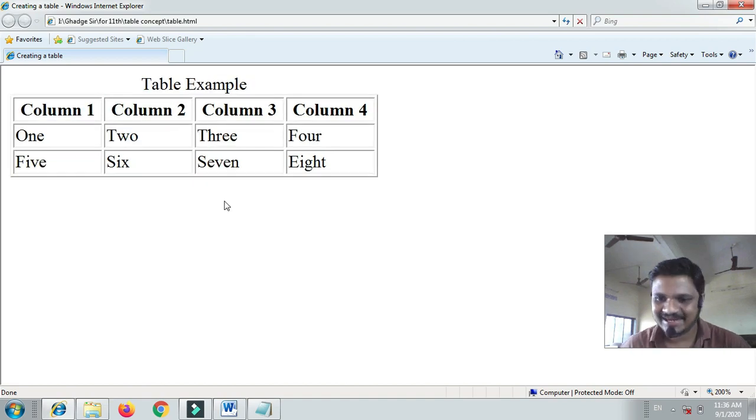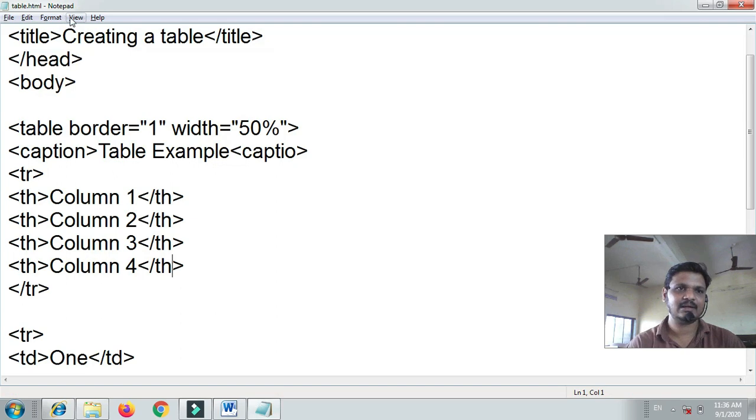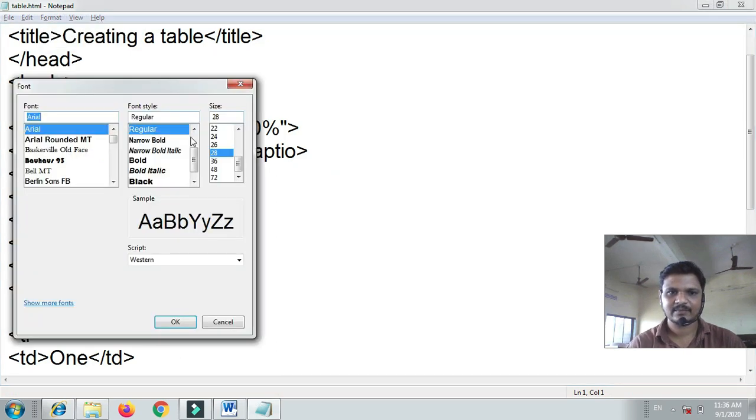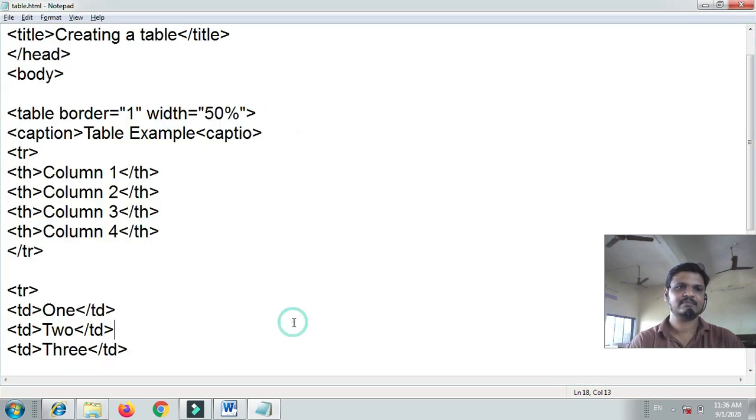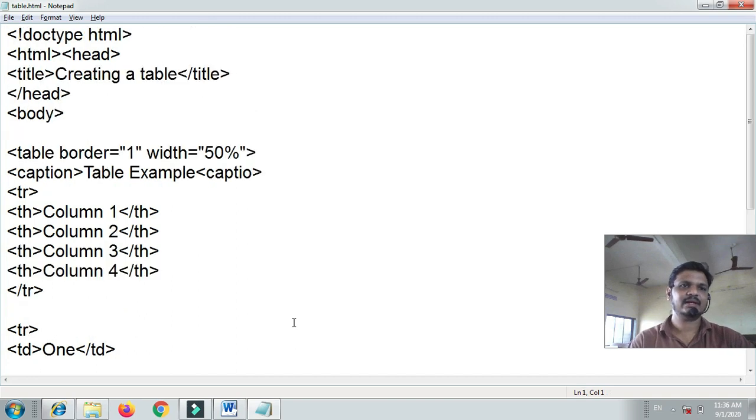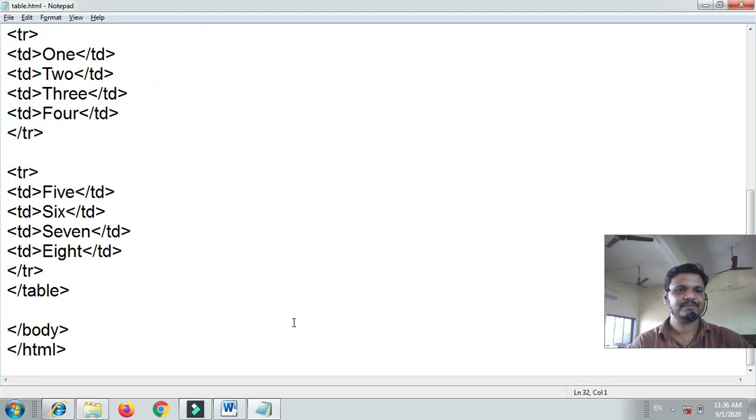Hope you understand how to work with tables. This is very simple. So in this way you can create a table in HTML.